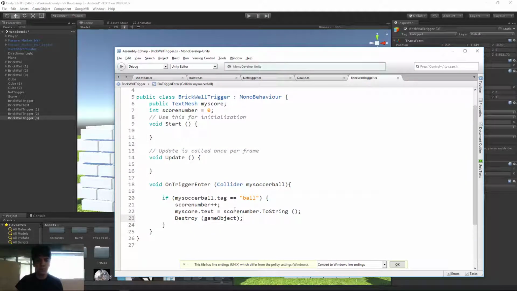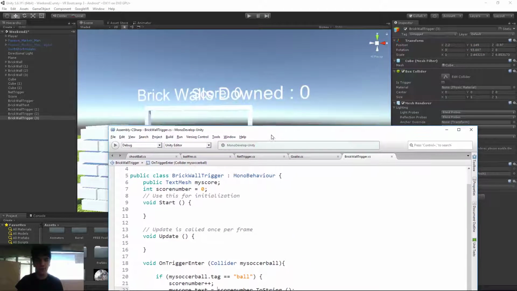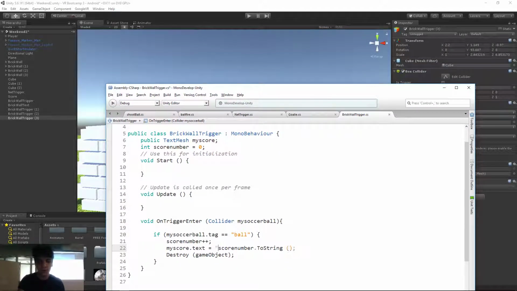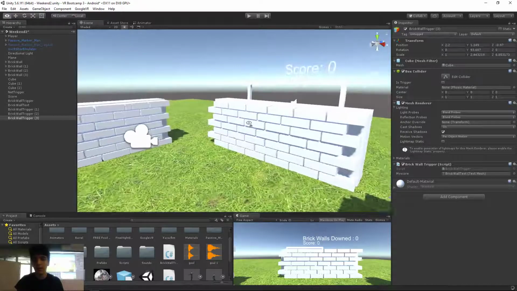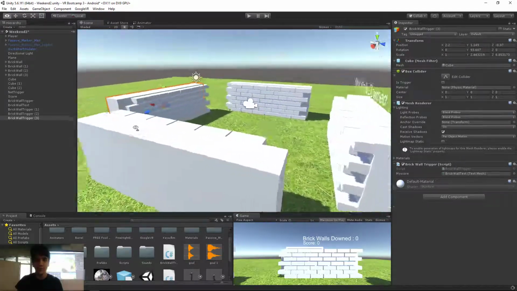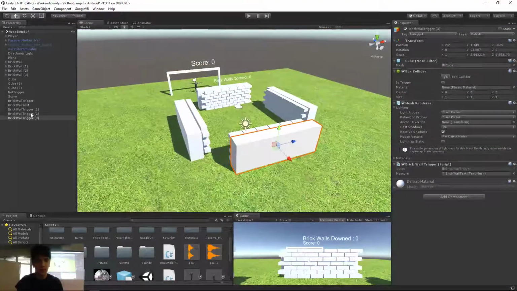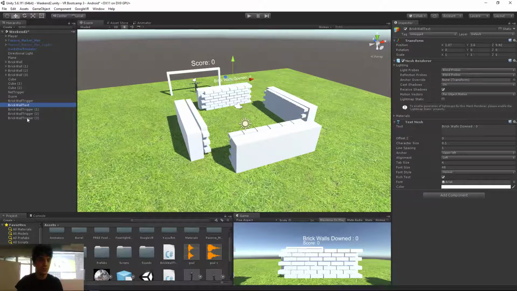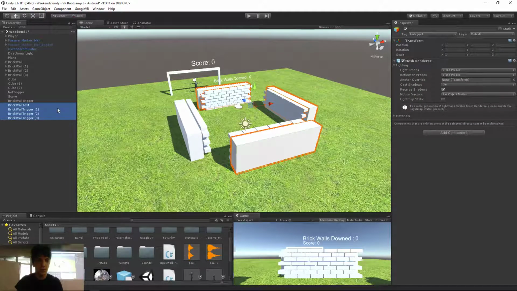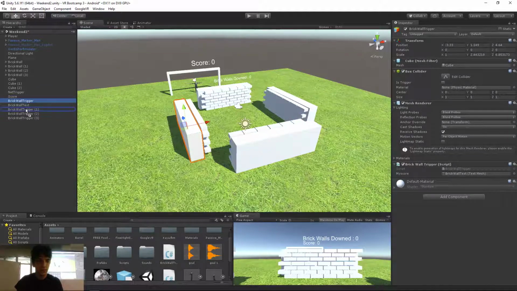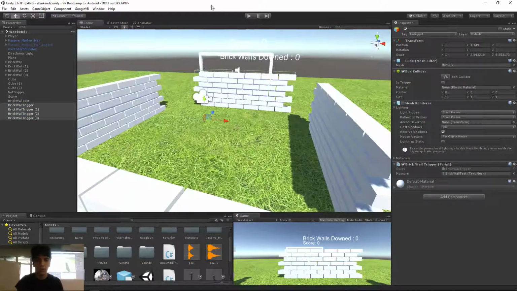Oh yeah, and I just have to make sure that my score number here is actually brick walls downed. But wouldn't that variable only be for one script? No, because I just literally copied them, and each trigger has a script in the same exact way. And then I'll hide the triggers so you don't see them, and I do that just by hiding the mesh renderer. And then watch what that looks like. So I go in here,